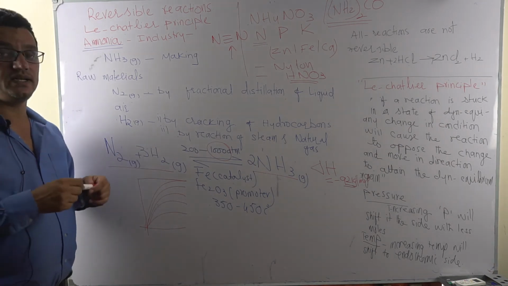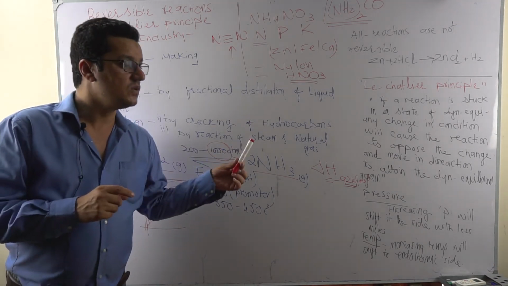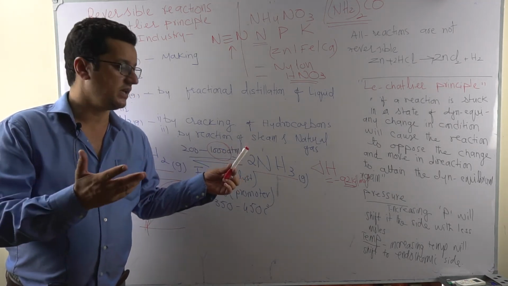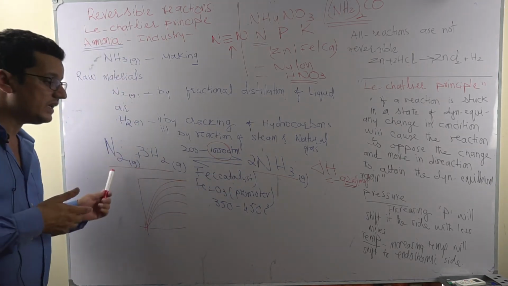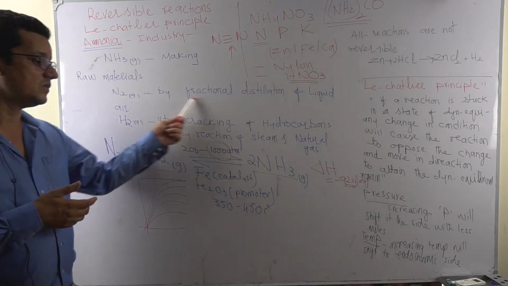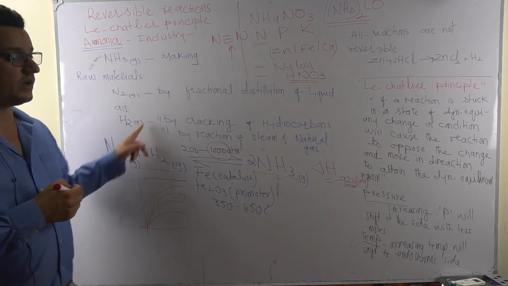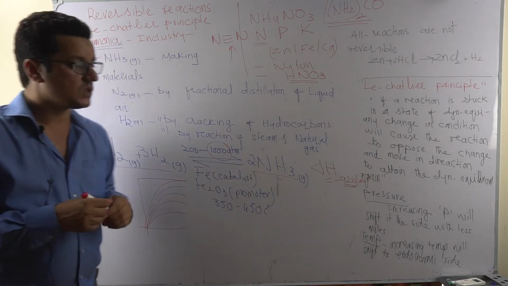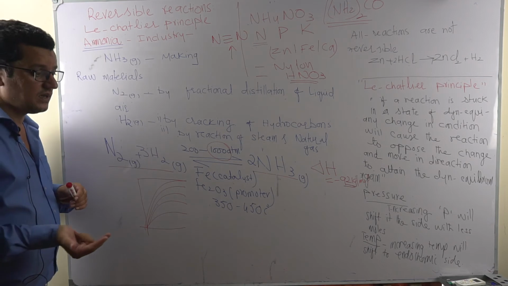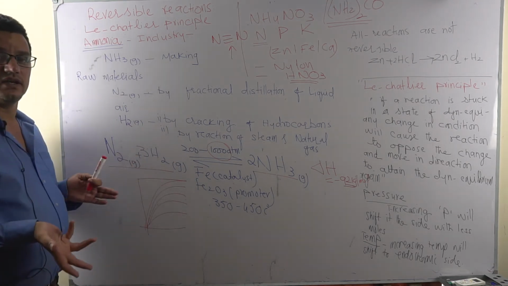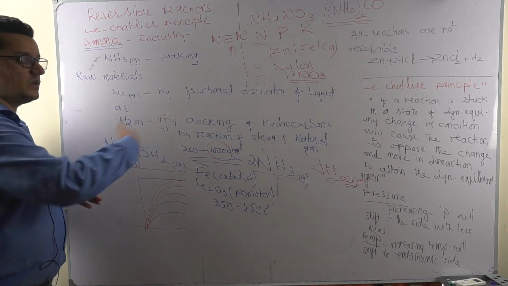Le Chatelier said: increase the temperature, and the reaction will move to the side which opposes the change, by moving to the side which is endothermic. So if you increase the temperature, the reaction will move to the reactant side, because the reactant side is endothermic and the forward side is exothermic. It means that it will be counterproductive. The pressure is kept high and the temperature is reversing it back.